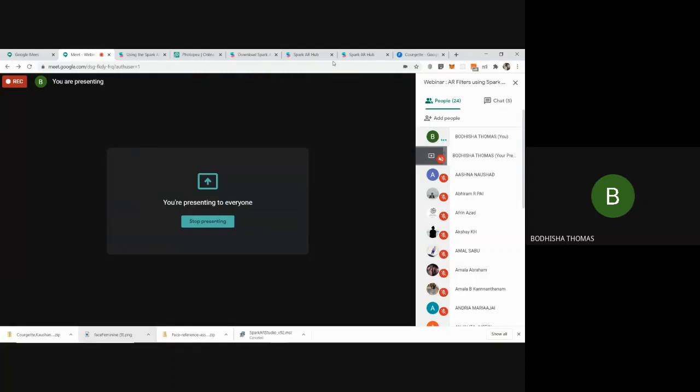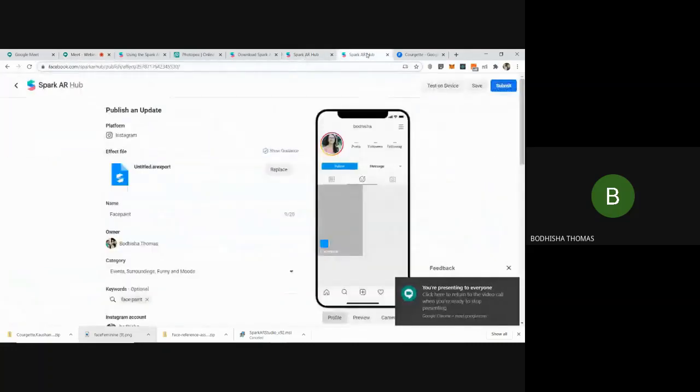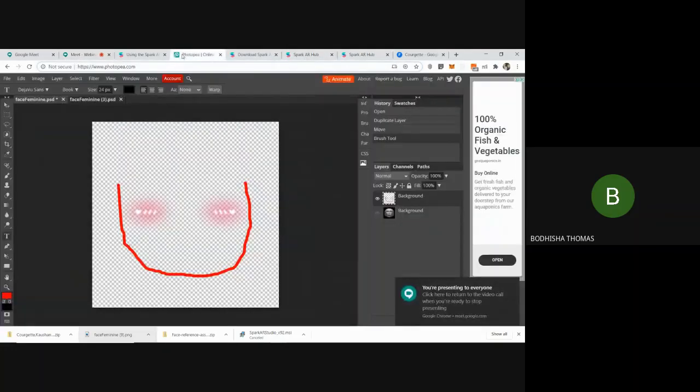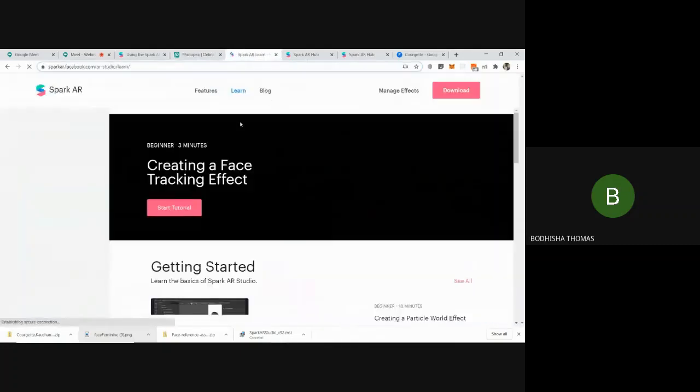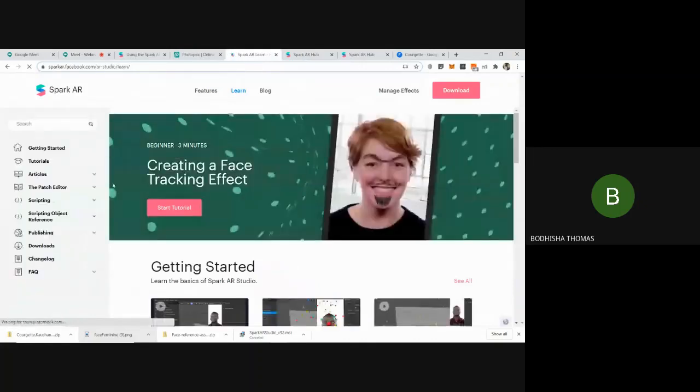So now we have created some basic filters, I expect that you'll all try to make your own custom filters. It's very easy, right? If you get stuck at any point of time, what you have to do is just go to the official Spark site and click on this learn option. It has plenty of resources to get started.